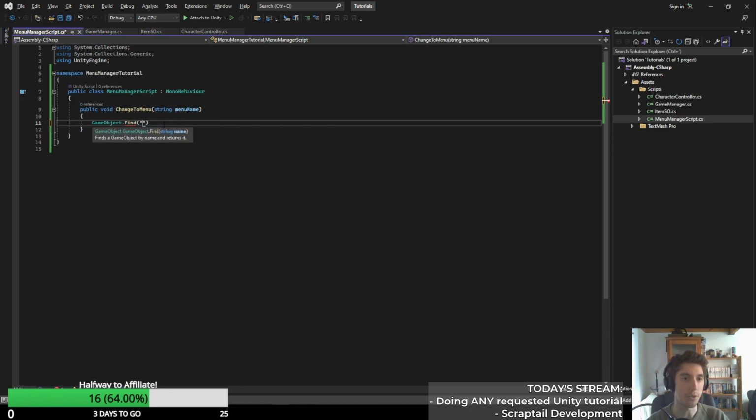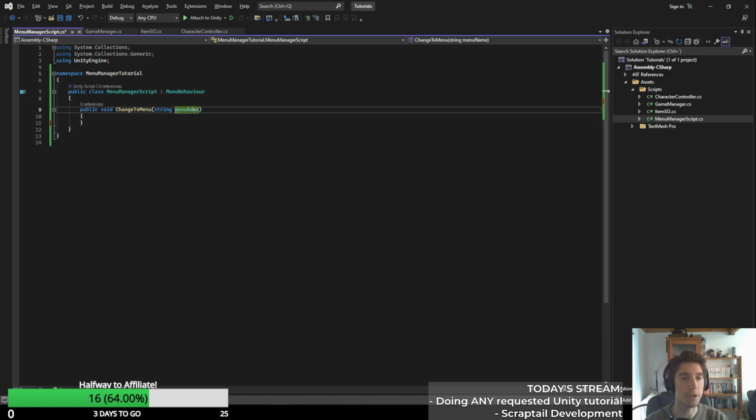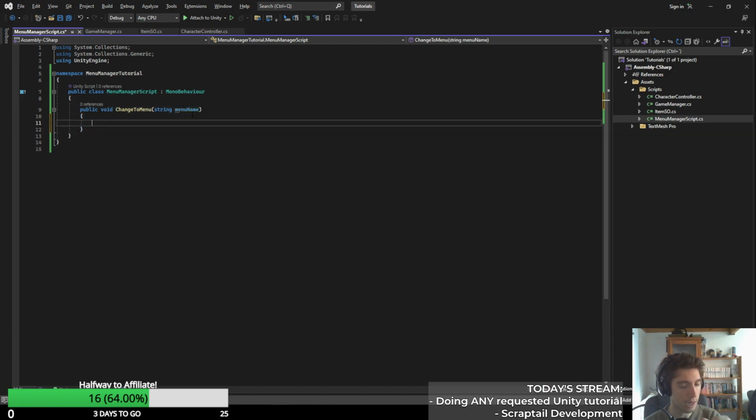Right? Because if you have a game object called player HUD, this could be both a menu as well as some sort of manager that just has a script. Sometimes things like that happen. And also I don't like to use GameObject.Find in general because it's very slow. But besides the point, here we need to contain our results a little bit, which you can